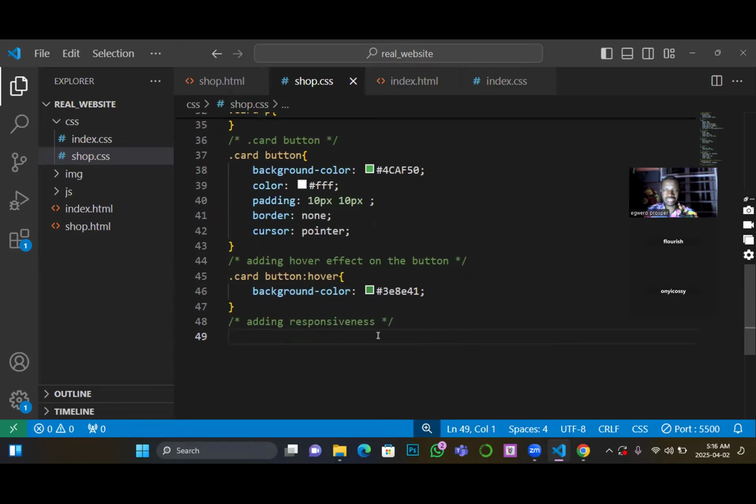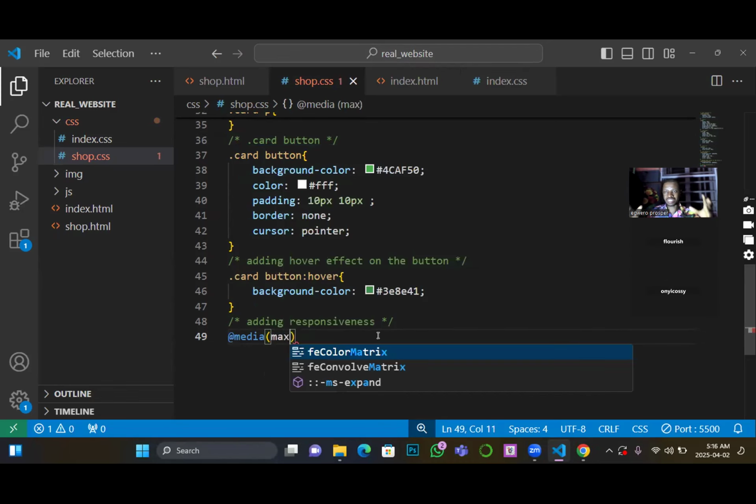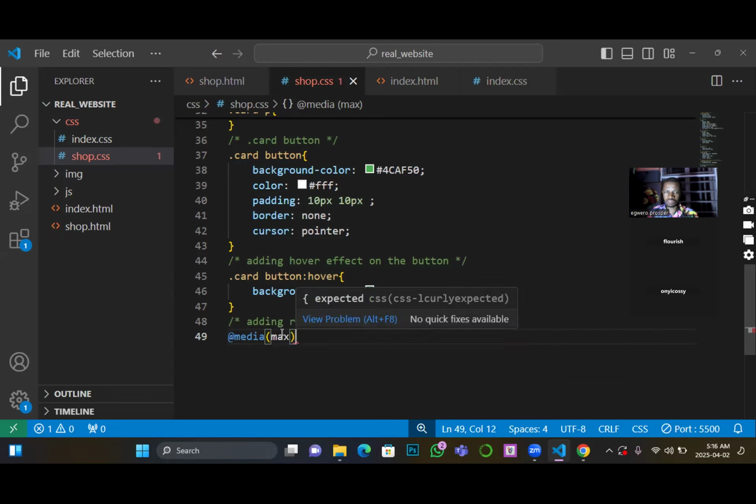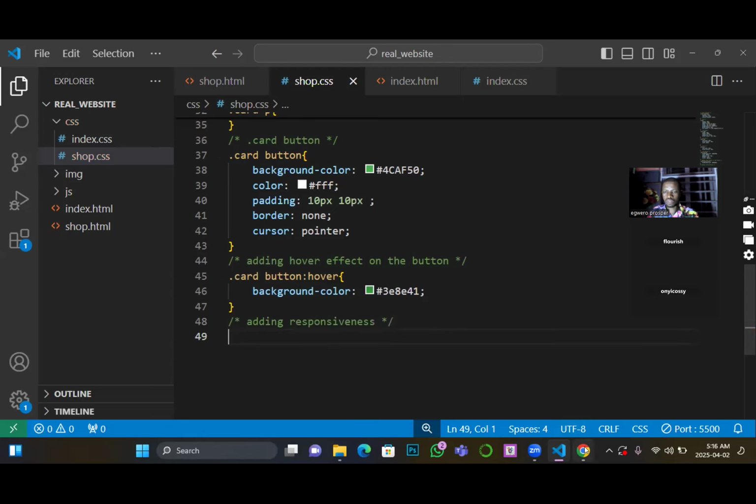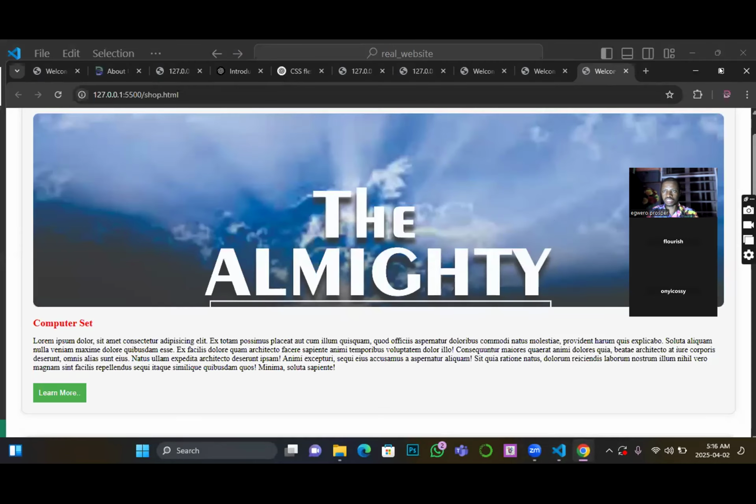So remember the syntax. We are using a function in CSS called media query. I've explained that before. So the way you declare, you start with what? At media, then you specify the maximum width. You say max width. So now you are setting a boundary that on a device within this range, this will be the breaking point. Because if you look at this now, before we add this responsiveness, I think we need to check something. So if I go back here and I reduce this,